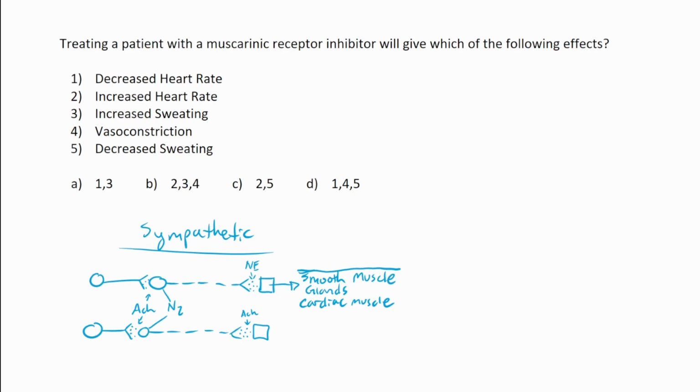These receptors are adrenergic receptors. Meaning, if you remember, we have our alpha 1 through 2, got our beta 1 through 3, and then this one